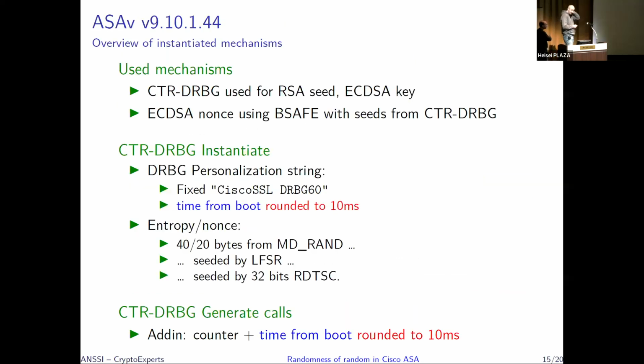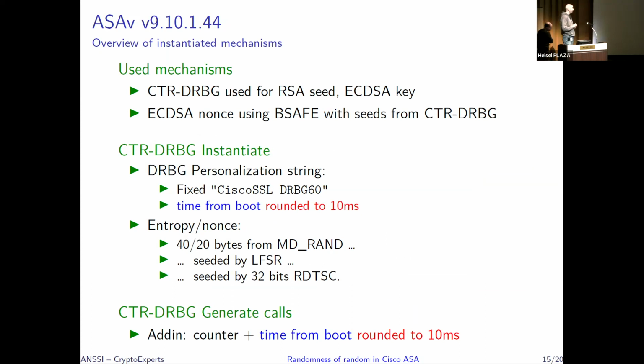Let's now take a look at the specific version in order to explain how we worked with Riyad in order to understand the root cause of the issue. So we took version 9.10.1 because it's probably one of the most interesting ones. The idea we had is, in order to understand and validate our understanding of the issue on the ASA-V